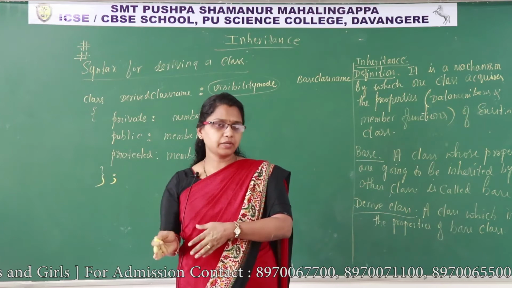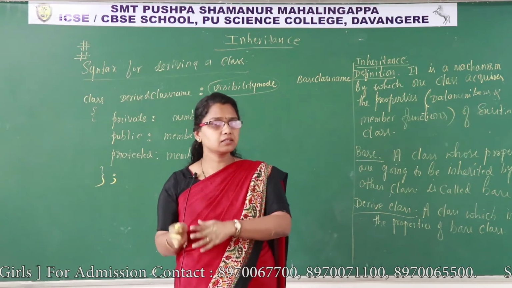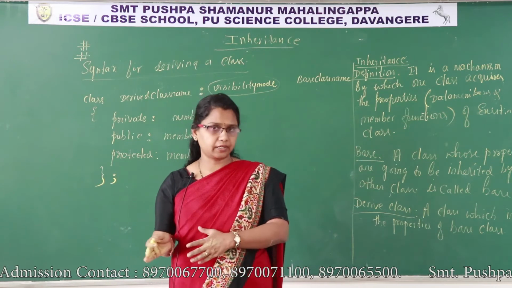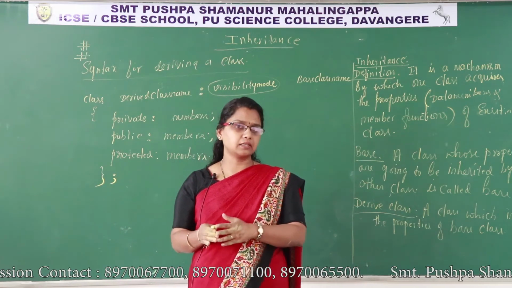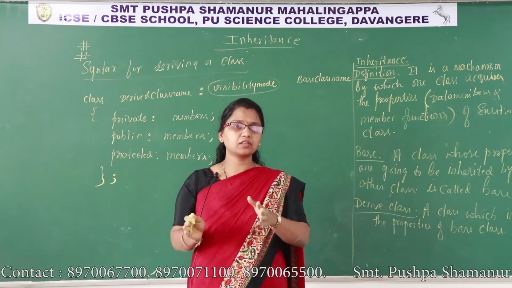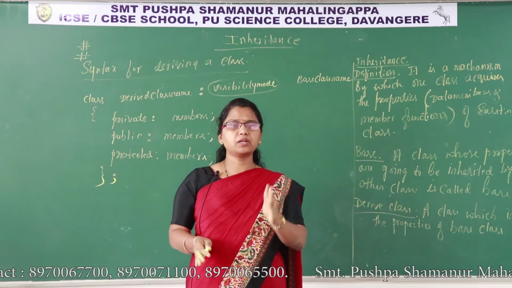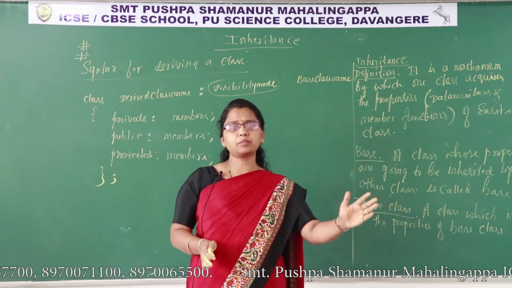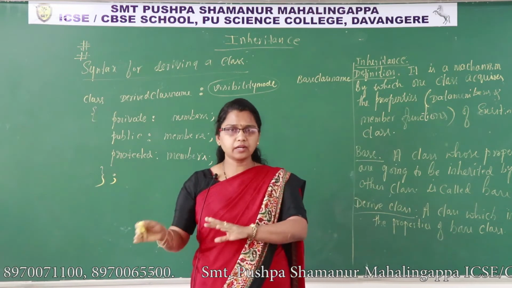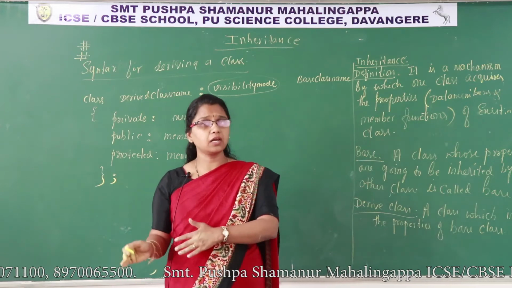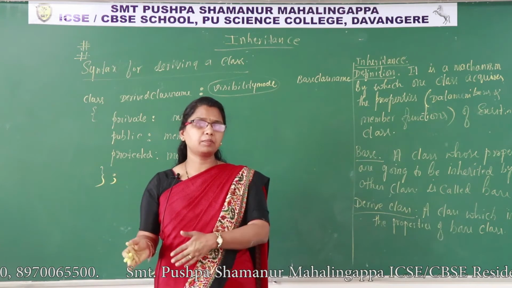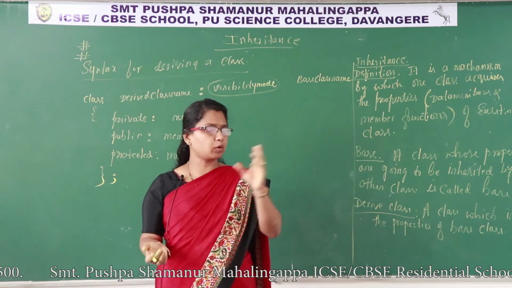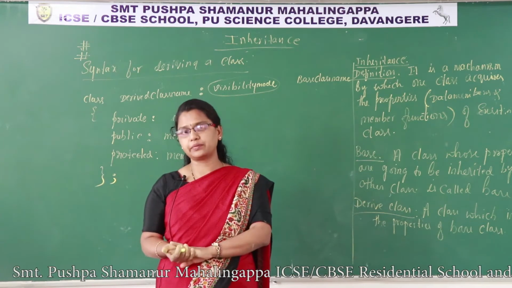So class sub is also a class, no? That class also has 3 access specifiers: private, public and protected. I hope you are understanding. So every class has 3 access specifiers: private, public and protected. A base class also has private data, protected data and public data. A derived class also has 3 access specifiers. And I am going to inherit the properties of the base class to the derived class.